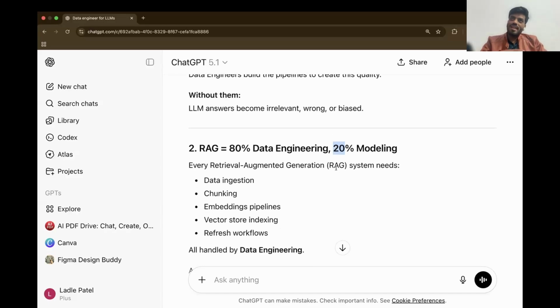Now the problem is, with data engineering, most people don't understand what exactly we are trying to do. A regular data engineer has a regular flow, Airflow or Spark, sometimes classic machine learning too. Their job is to scale, right? They don't understand what chunking means, what embedding means, how do I refresh, or what search means. This all comes from the AI engineer. So data engineers should know these things, or AI engineers should know all of these.